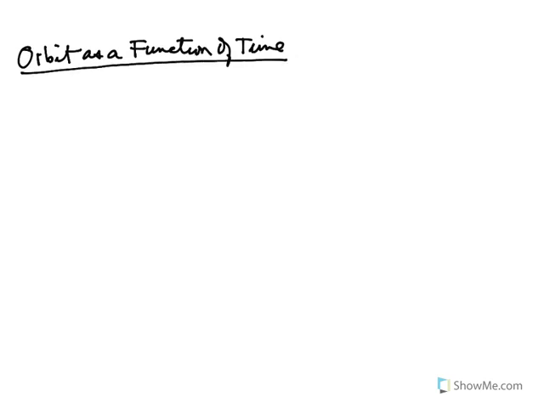The objective of this lecture is to provide the first part of the description of an orbit as a function of time. Now, as I said, this is the first part. So this is actually going to be the first part of a two-part sequence. So this is going to be part 1 of 2. And in this first part, the goal will be to introduce a key quantity,